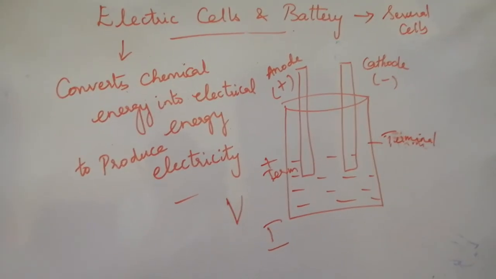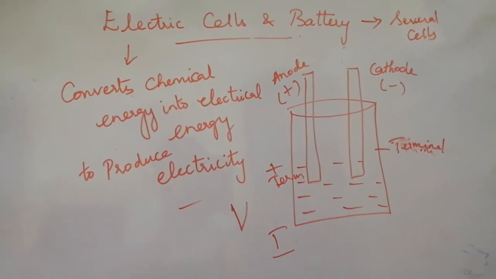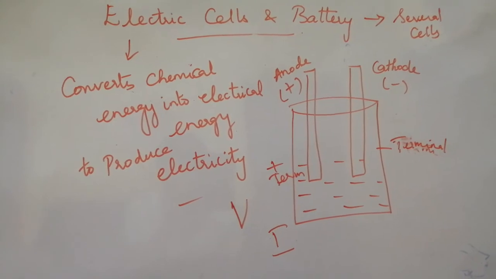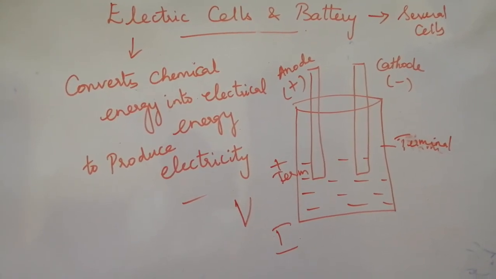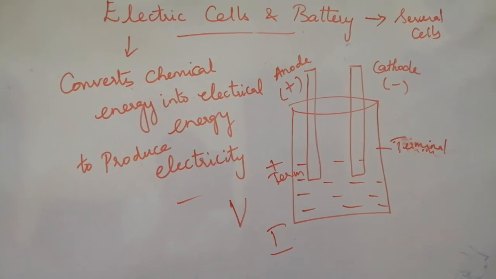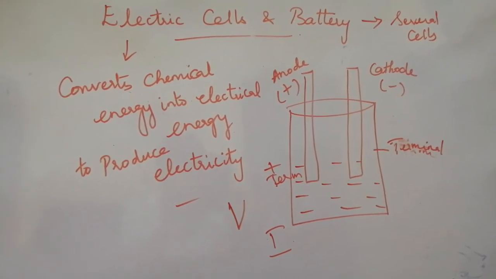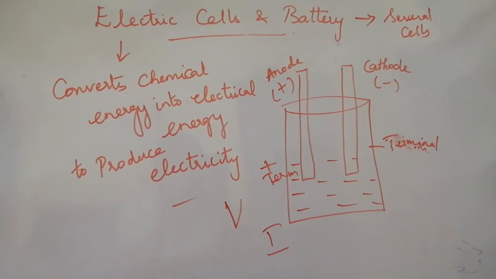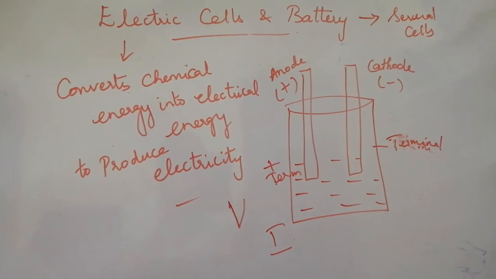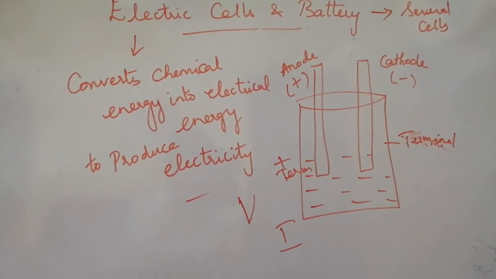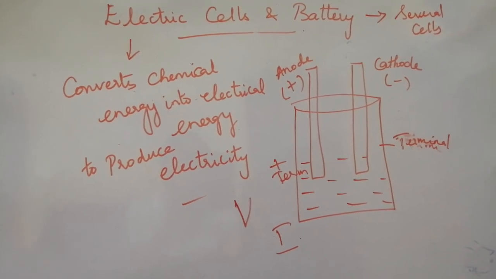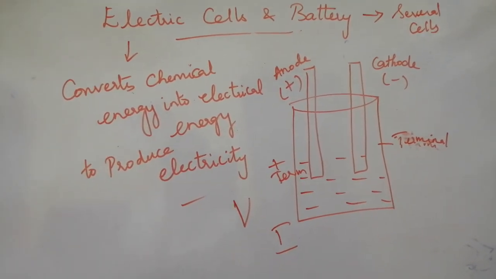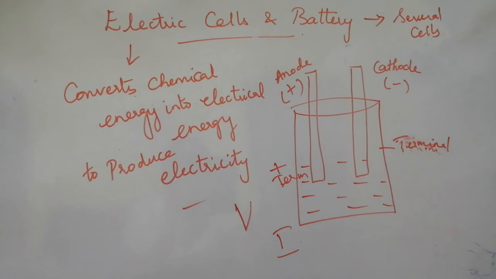If you take those and stick them into the lemon or a tomato or a potato or an apple, whatever fruit has citric acid inside, an orange, and you check it with a simple LED, one wire is taken as the positive terminal and the other wire is taken as the negative terminal. Now when you attach the positive terminal and negative terminal to the LED, you can see that it glows because of the current produced by the battery. Now this fruit by itself acts as a battery. So you can try this at home.